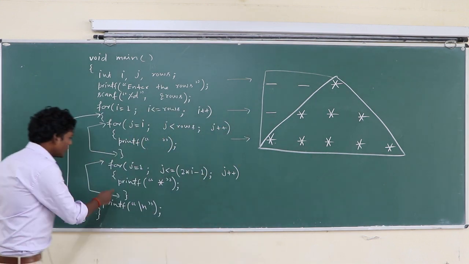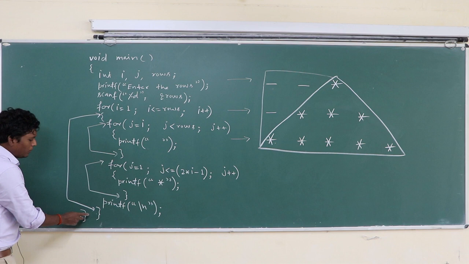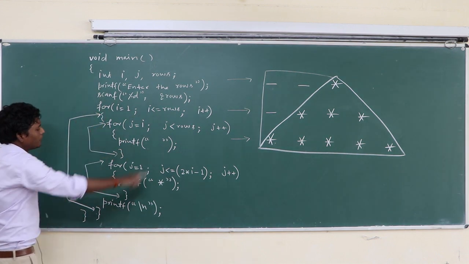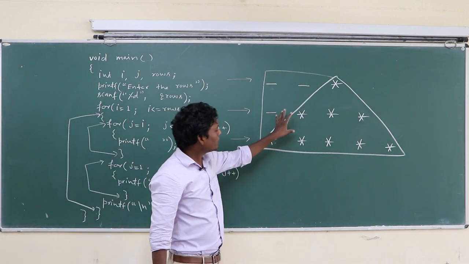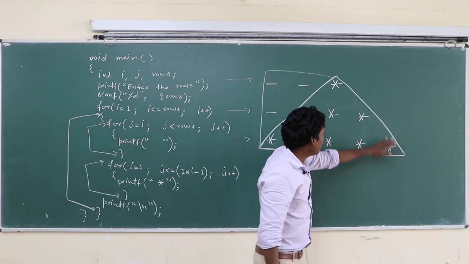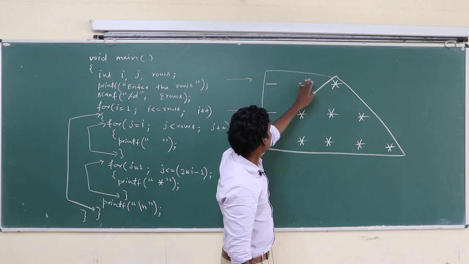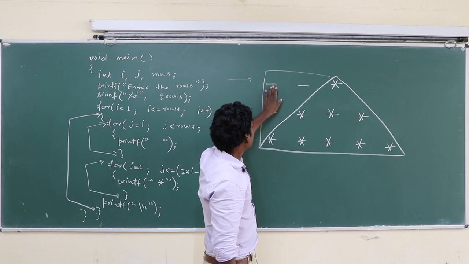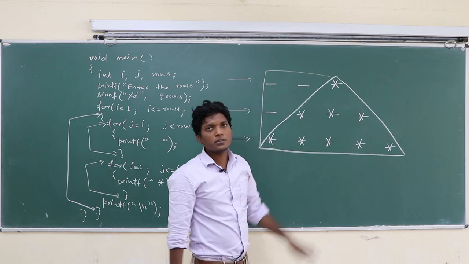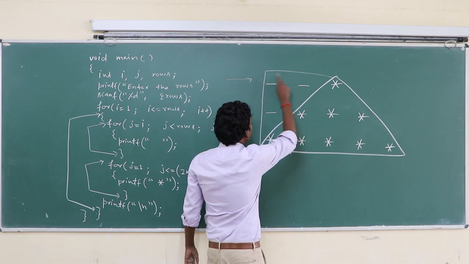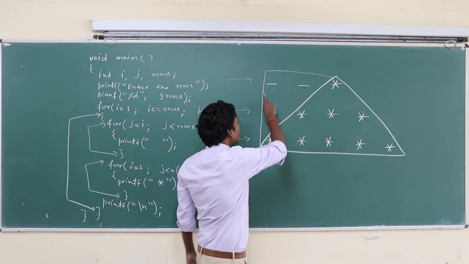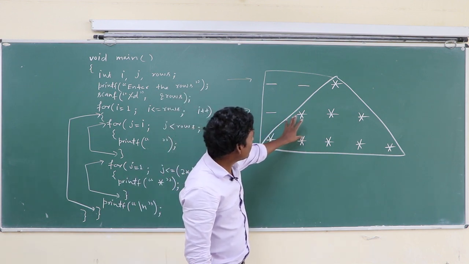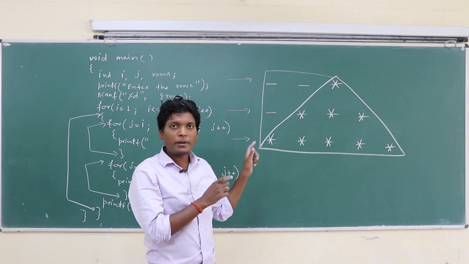Okay, class, when control exits from this outer loop, control will be here. This is the end of the main program. So when this program terminates, this pyramid will be printed. Actually there is also a triangle of blank space, but blank space just leaves the space. So you will get a space triangle here also. Okay, class, but finally you find this pyramid of stars.